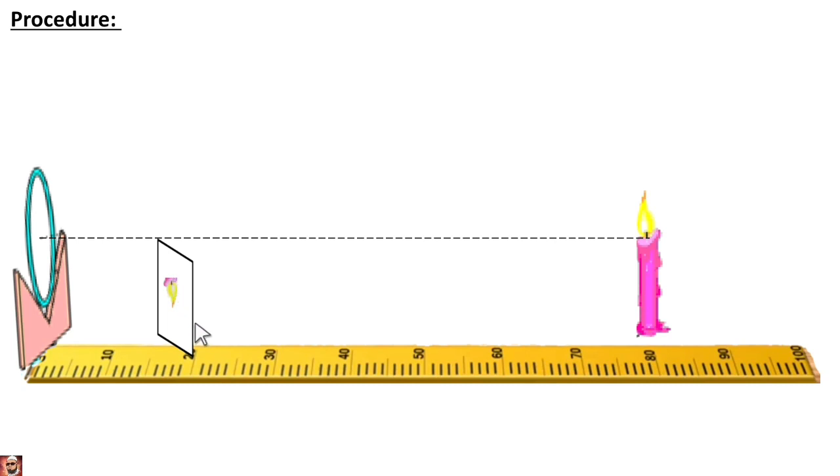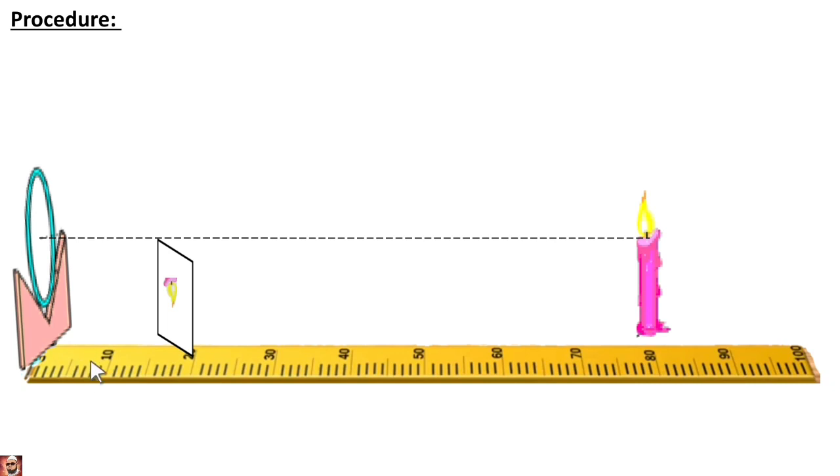Now erect or inverted. If you observe, this is the flame and here this is a flame, we got it inverted. So that's why we call it an inverted image. If the image is caught on the screen, if the image is getting on the screen, such a type of image we call a real image, right? So you have to measure this object distance, 80 centimeter, and you have to measure this image distance. The image distance we got here is 18.4.